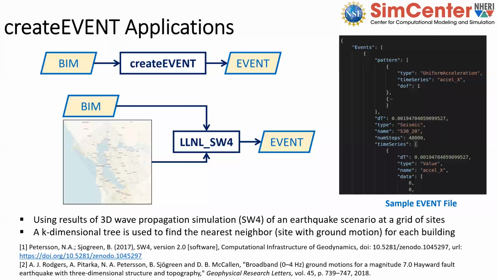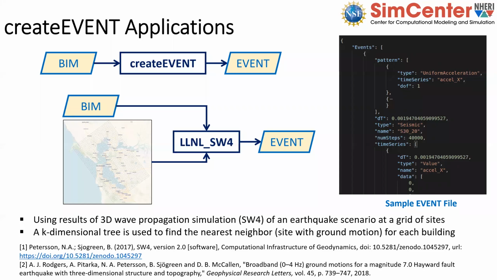And again, we have two different implementations of this. One of them uses results from SW4. It's called NL SW4, and SW4 is a 3D wave propagation simulation for seismic waves, and it can be used to simulate earthquake scenarios. It's developed at the Lawrence Livermore National Laboratory, and in addition to that, we also